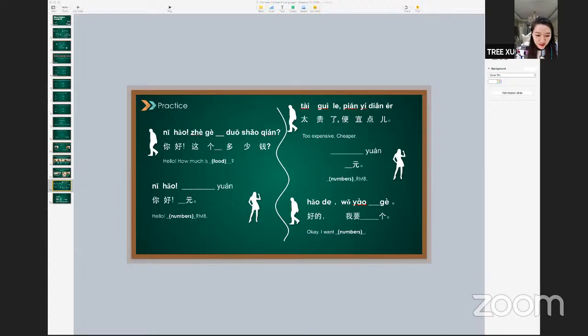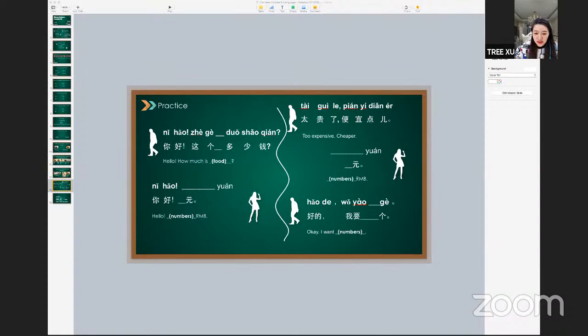Yes. 你好，这个面多少钱？你好，10元. Do I say the next part? Can you say the next part? You all learned Mandarin already, so you can take the challenge. 太贵了，便宜点儿。